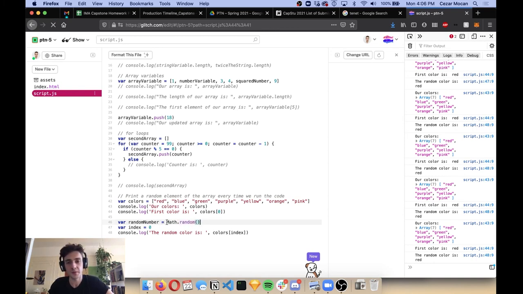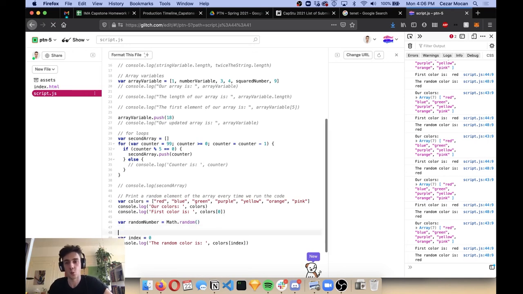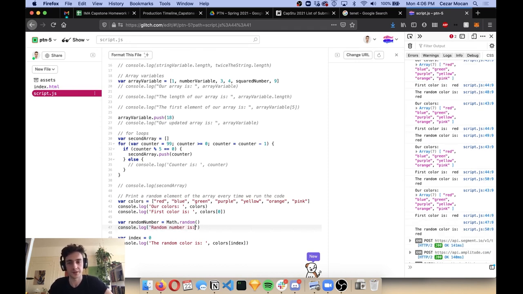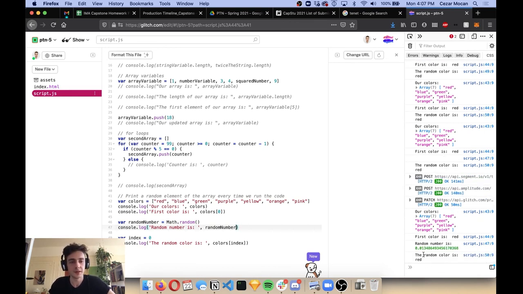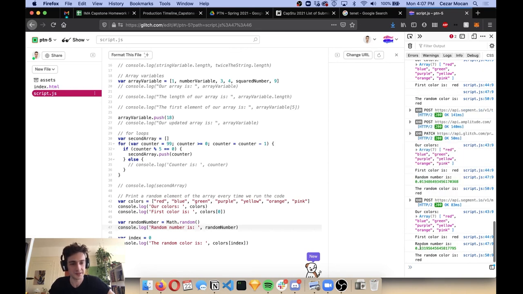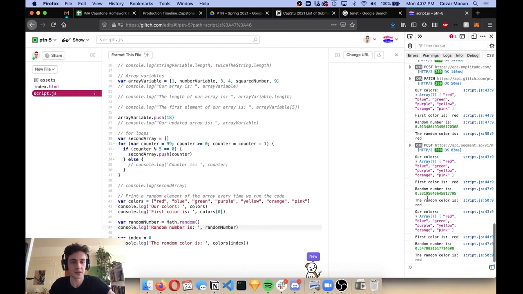Math.random. Right, so Math.random gives us a random number between 0 and 1. So let's print that to the console so we see exactly what happens. Random number is randomNumber. Right, so we see it's 0.013, blah, blah. If we refresh the page, we see a different random number between 0 and 1, and a different one, and